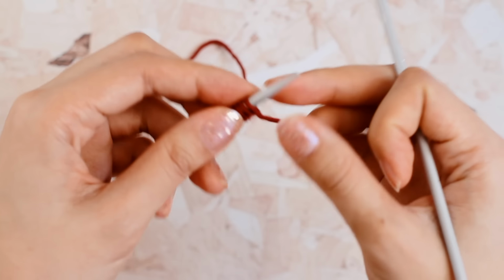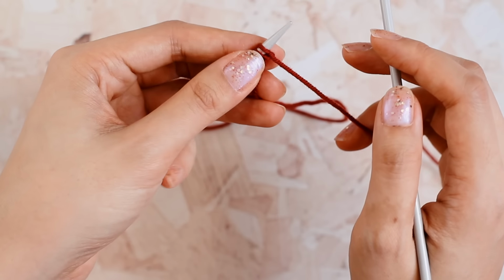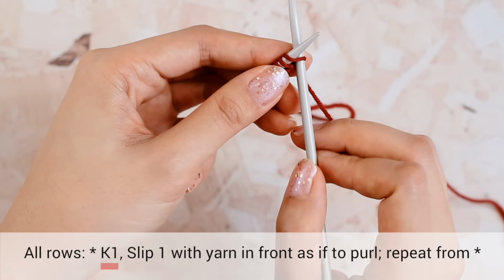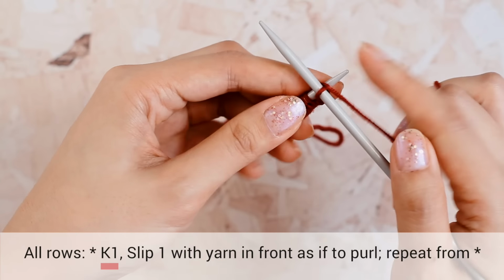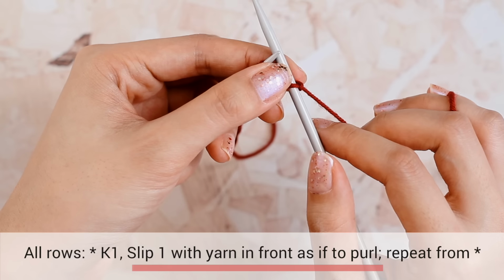Double stockinette stitch is really quite simple. The stitch pattern just consists of one row that you repeat over and over again. What we're going to do is knit one. So here we go, knit one. There we are. And then the next thing we're going to do is slip one with yarn in front